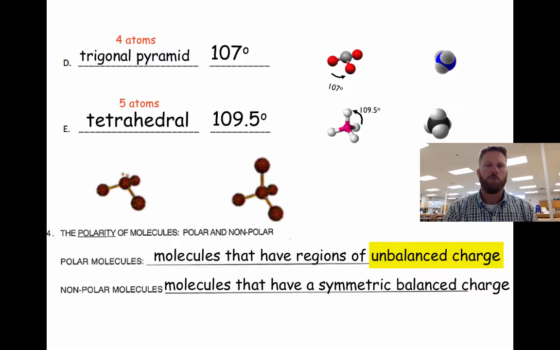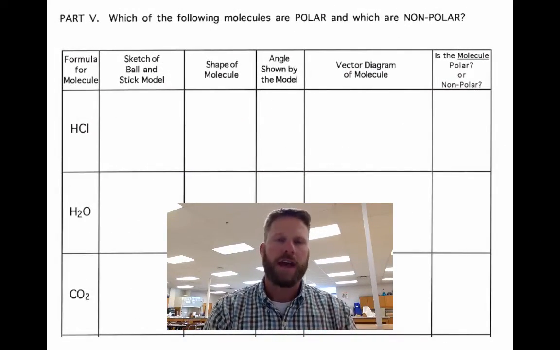So there are no poles. There isn't a positive region of the molecule. There's not a negative region of the molecule. Now this is best seen by filling out this table that we have here and looking at the different types